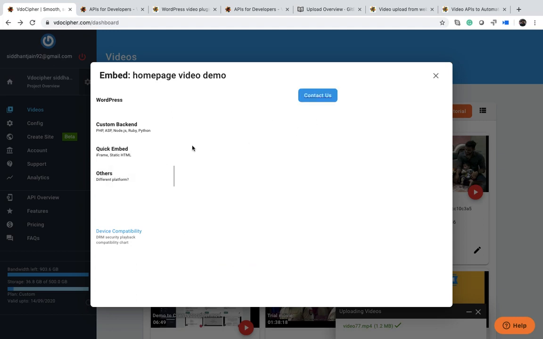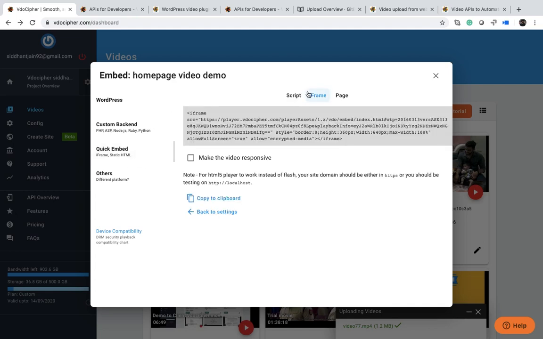Now what about other platforms? For example, you might need to embed in a third party platform. If you are using a third party LMS like Teachable, or a third party website creation tool like Weebly, then the iframe or script should work. In most cases the iframe does work. Just ensure that the other site is also on HTTPS.